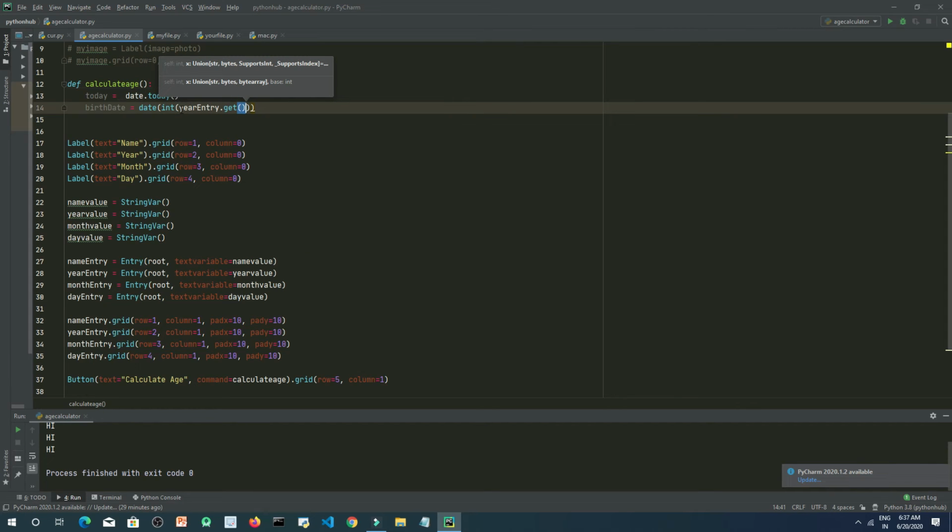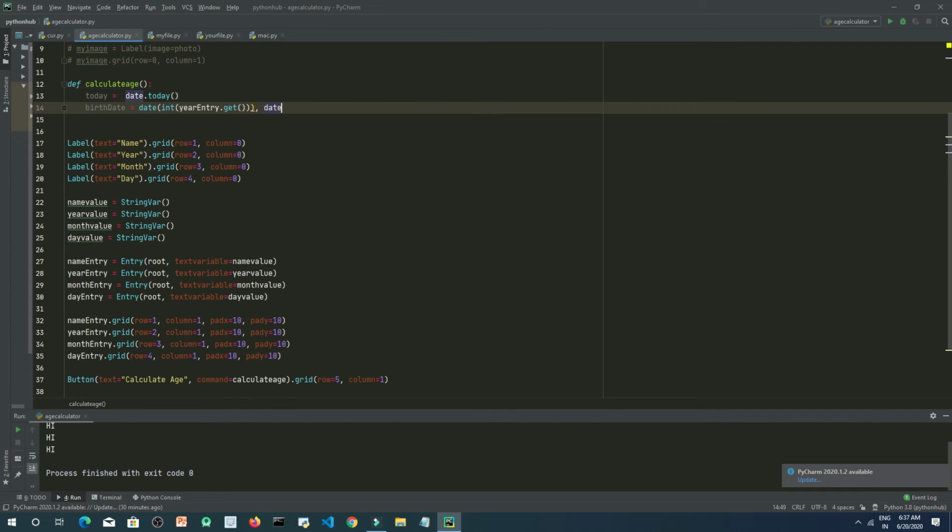So this will take the year value entered by the user, using the dot get method we will take it. Okay, so now what we need to type after this, we need to type date.